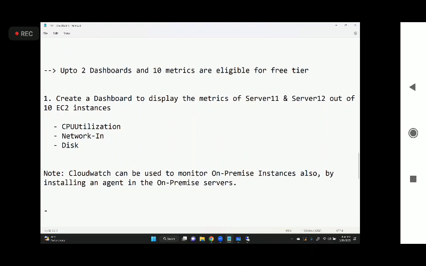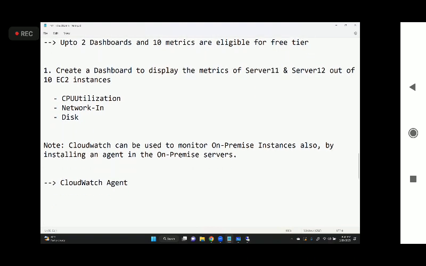And that agent is the CloudWatch Agent. So let us say in my laptop I have to install the CloudWatch Agent, which requires a configuration. You have to create a config file, and you need to configure which server it should be communicating with, which AWS account it should communicate with, and the data to be recorded